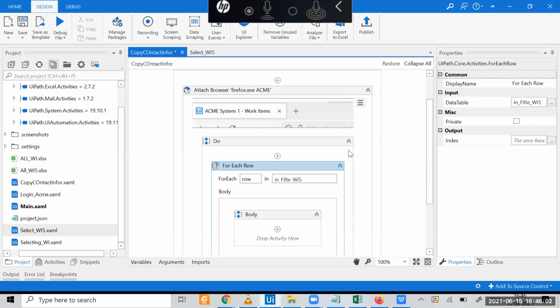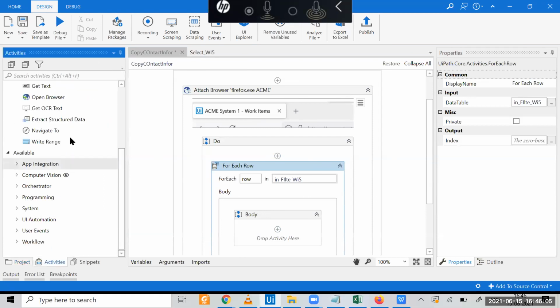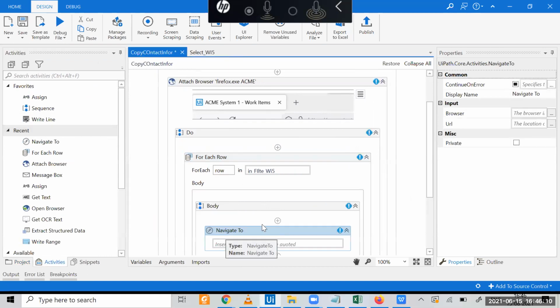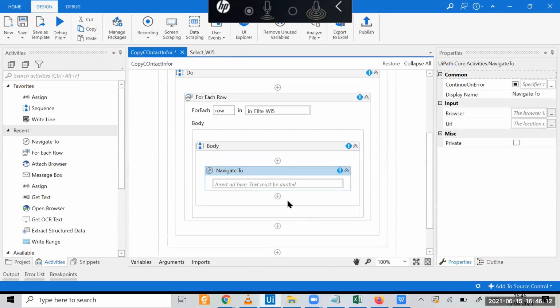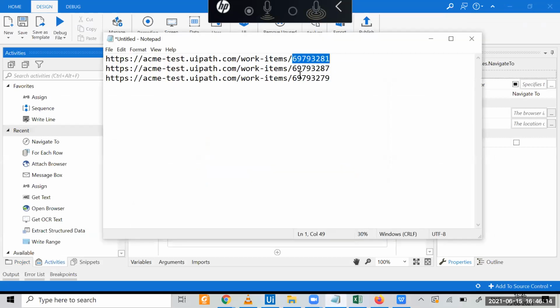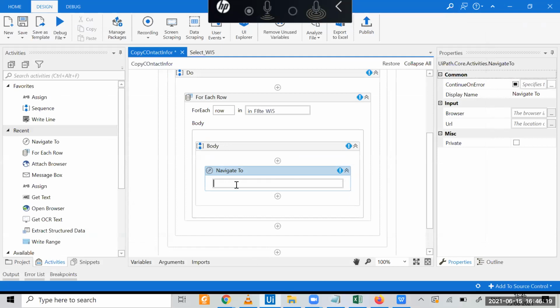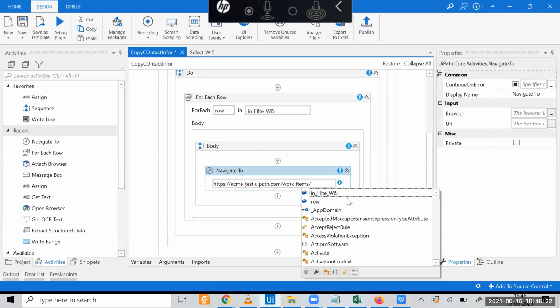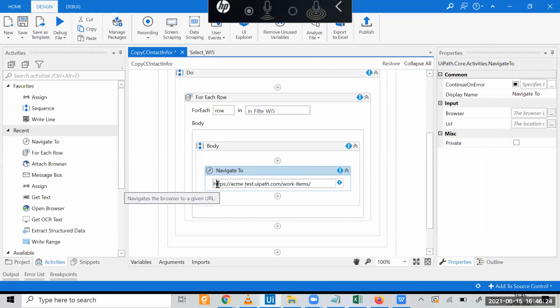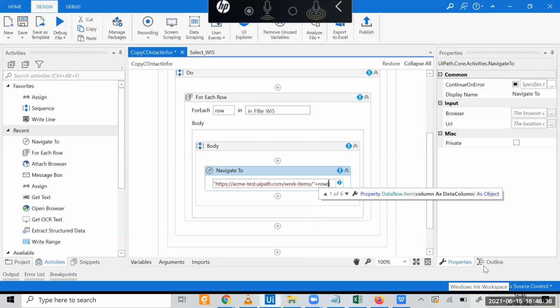Here there is one activity called navigate to. So where to navigate? You have to navigate to this particular location. You have to give it under double quotes, plus the row of which one?